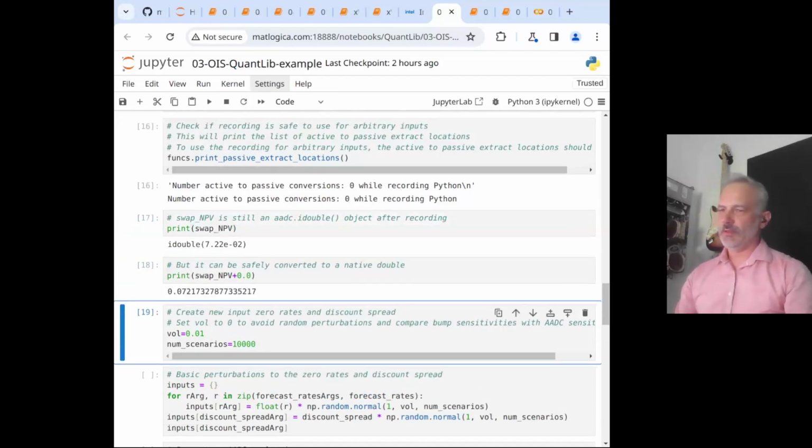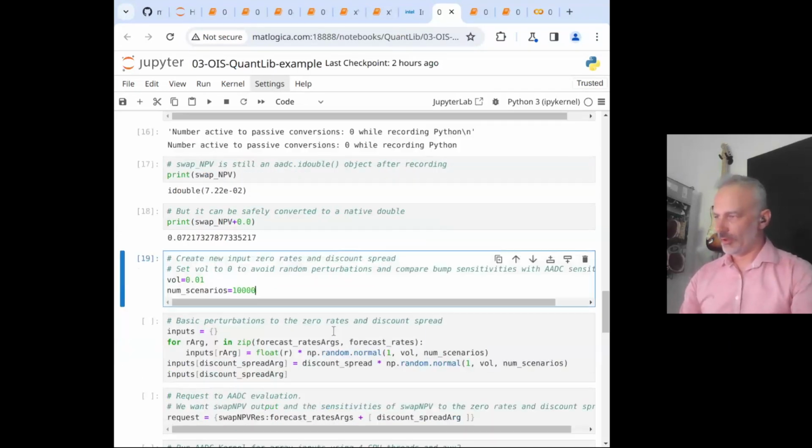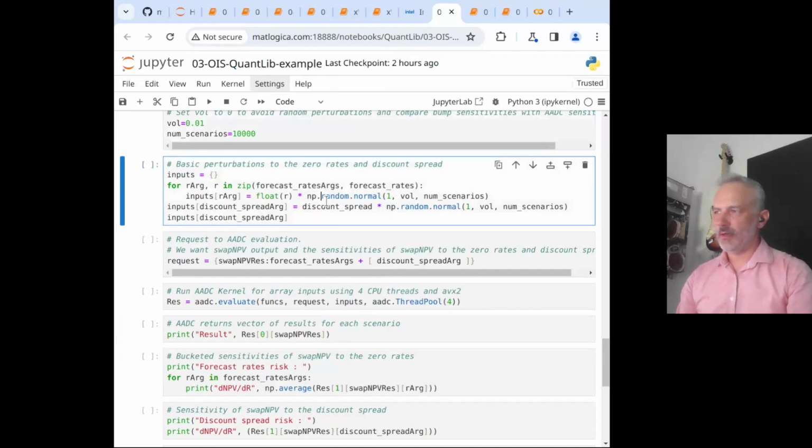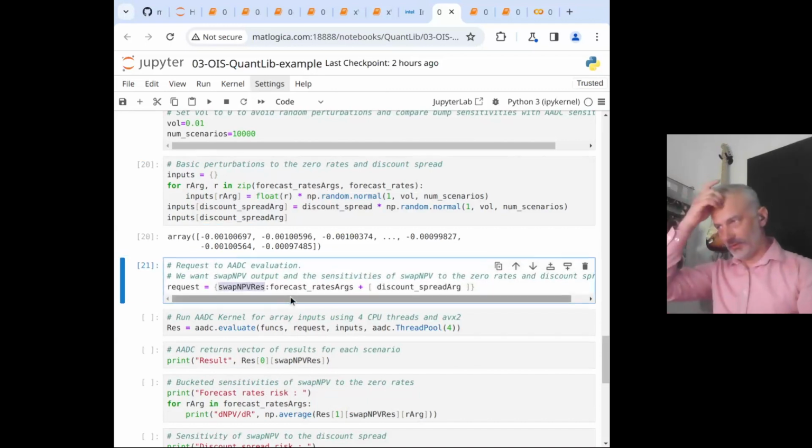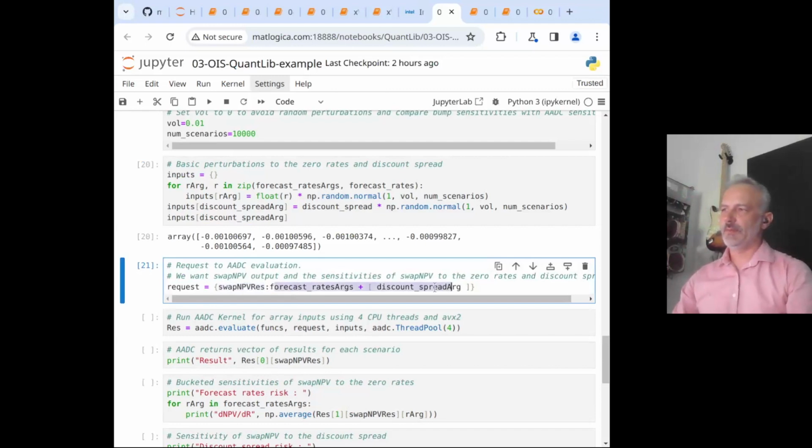Now we're going to use the same recording, but this time we're going to provide random inputs and run it for 10,000 simulations. Here, just regular Python to create random perturbations for the original input vectors and discount spread. Again, the familiar request object telling us we want the swap price and we want sensitivity with respect to forecast rates and discount spread.